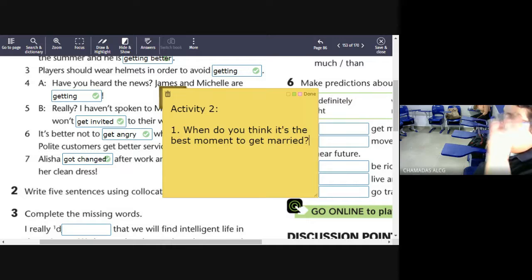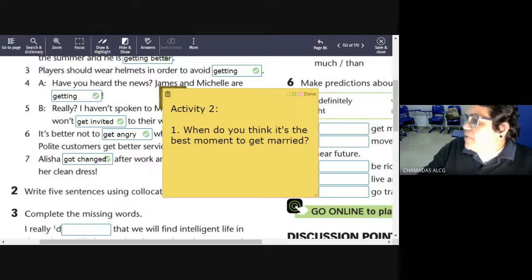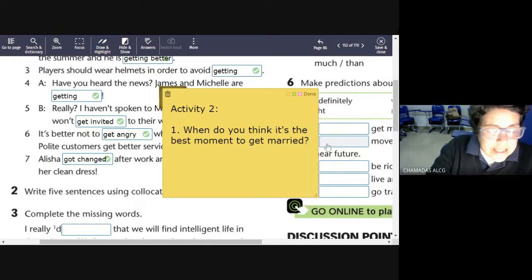So 6 years, that's a good time to get to know the person. Very good. So getting married at the right moment is crucial. We should be very careful because it's a big decision, right? All right. Second one,